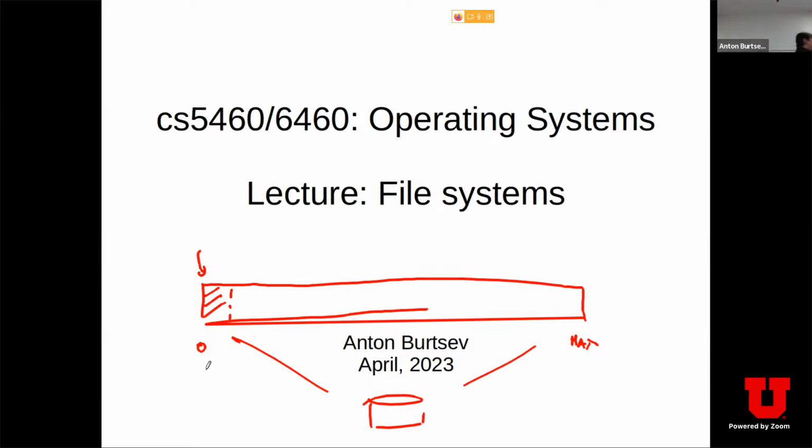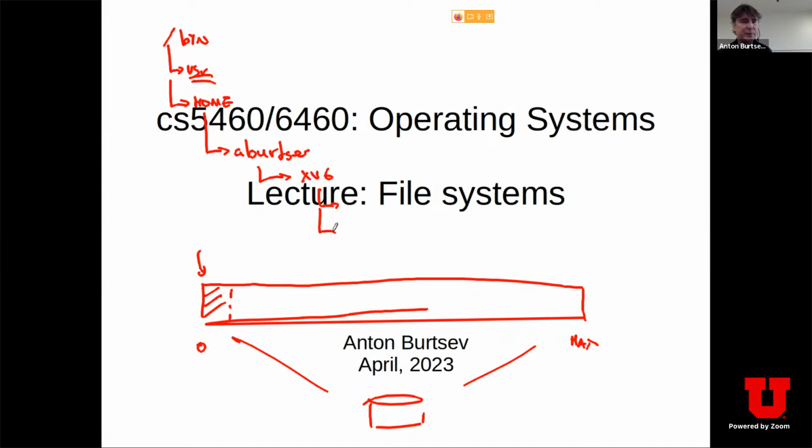What we typically want from a file system is multiple things. So we need something like human readable names like bin, user, and so on, home. It's just convenient for us as people to organize information this way. If I'm working on a project x86, I will create inside my user home a folder x86, and I will put a collection of files relevant to this project into this